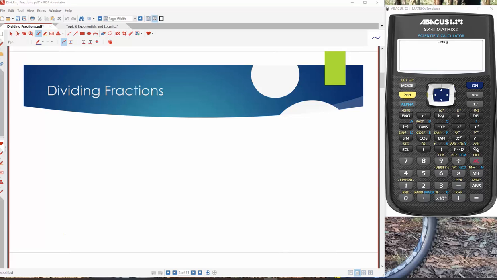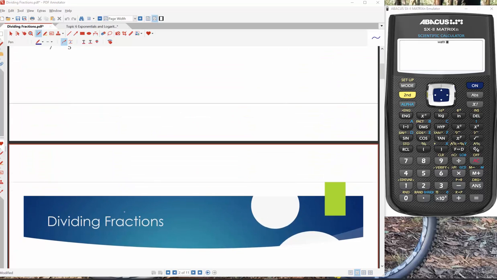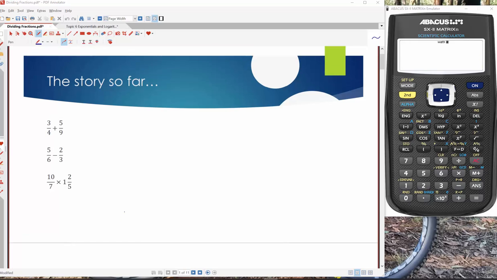Alright, today we will be dividing fractions, but before we do, the story so far. So when we add fractions together, recall that it's really difficult to add fractions if they don't have equal parts. So what we do is we use our equivalent fraction strategy to make these fractions of the same number of parts. Now to do that, we find the lowest common multiple of 4 and 9, which in this case is